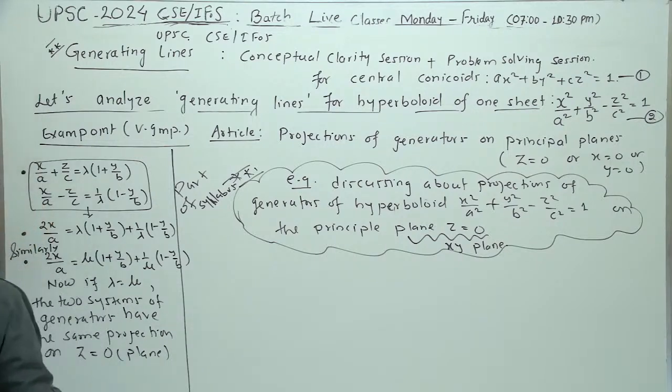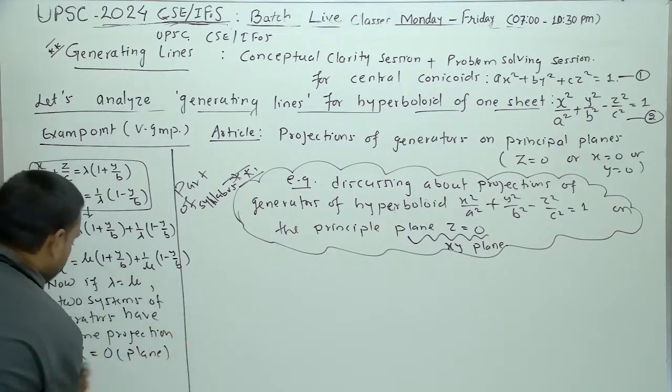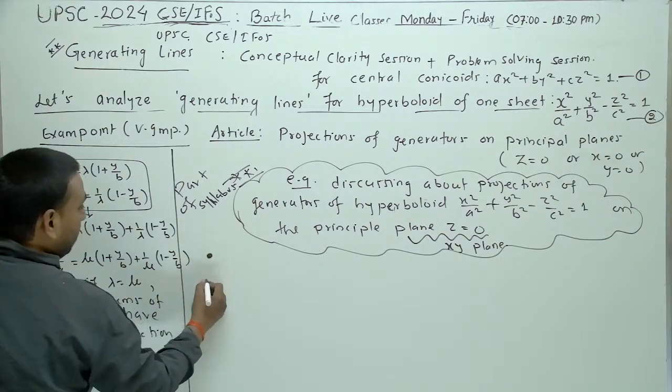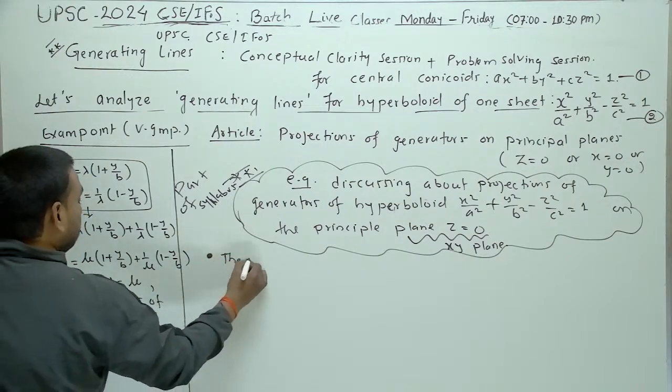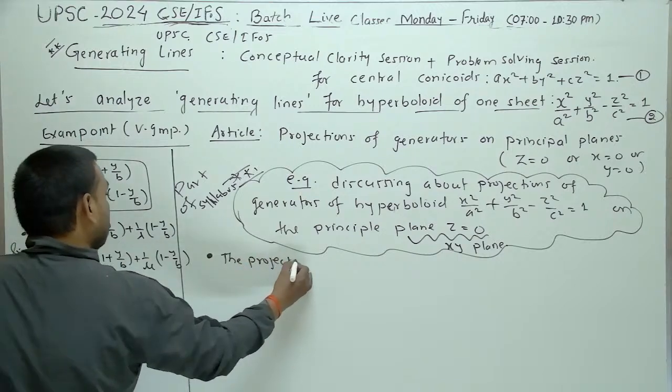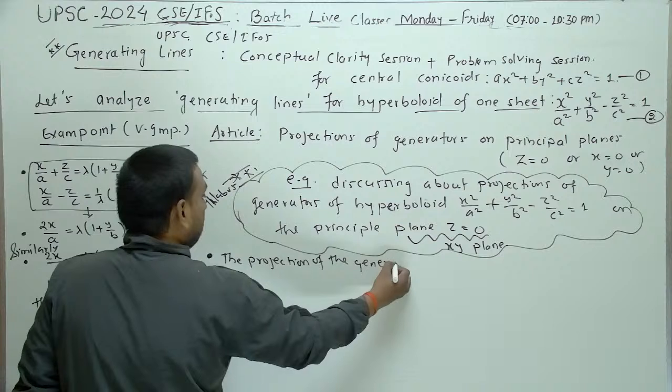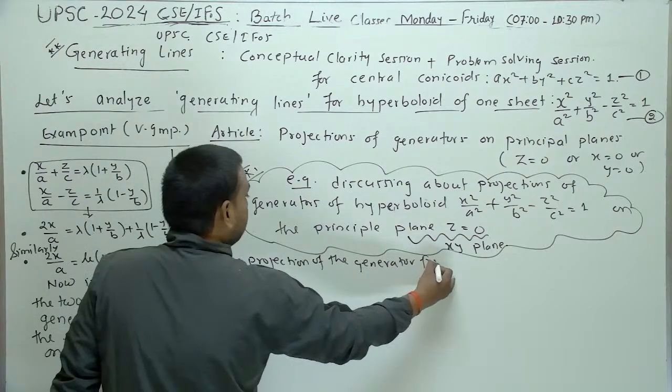So the projection of the generator, let me write that here, that is the next point in the decoded form. The projection of the generator for the lambda system